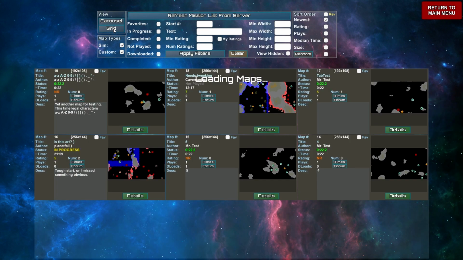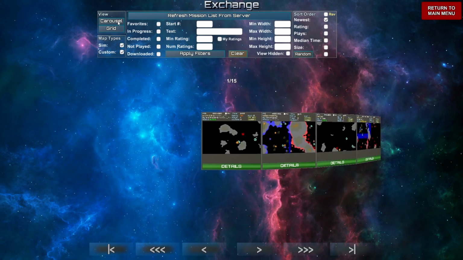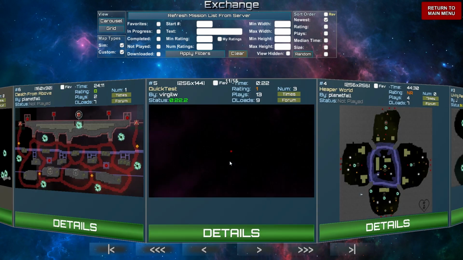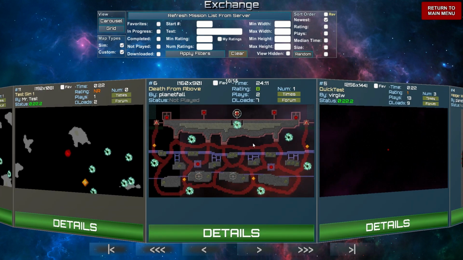Carousel, grid. Looks like I've got a little glitch there with loading maps staying visible, but actually maybe it actually is loading the maps, and my network connection's down. It's been flaky this morning, I tell you. Time Warner, or whatever you call yourself now, Charter. It's been flaky this morning. Anyway, scale. Yeah, on the carousel you get a real nice preview of